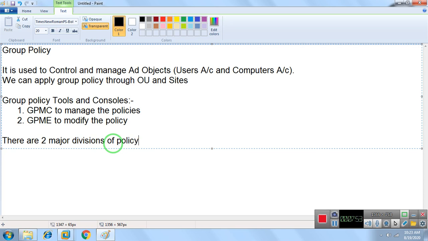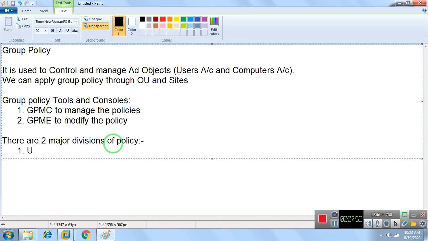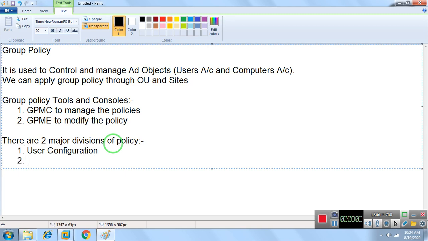Number one is user configuration, and number two is computer configuration.